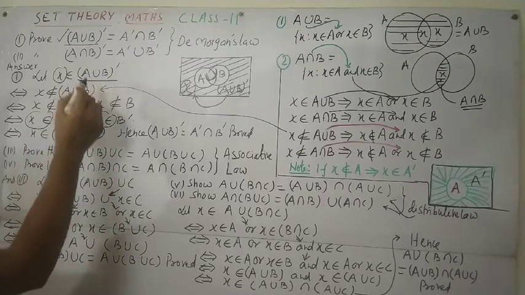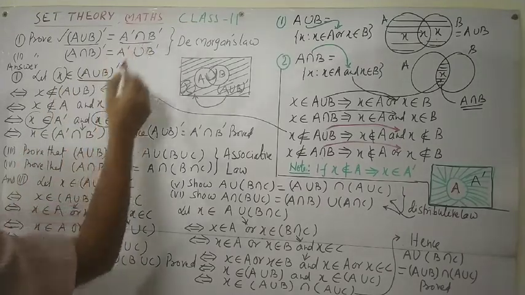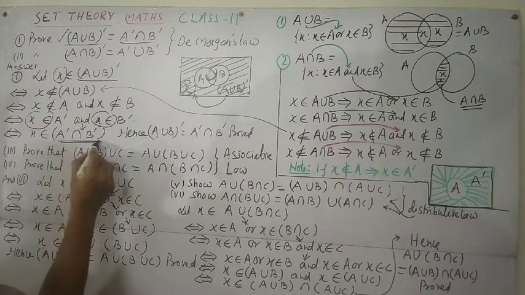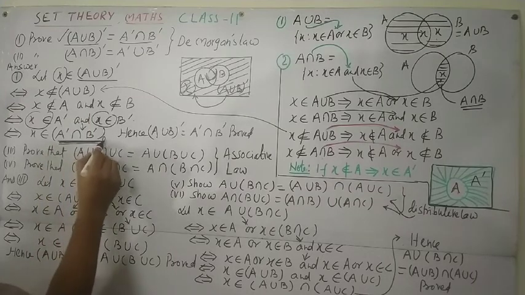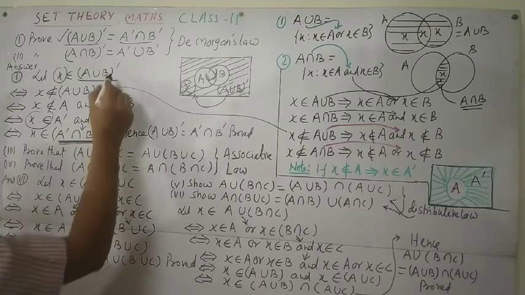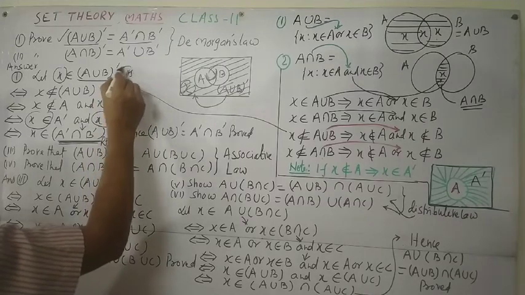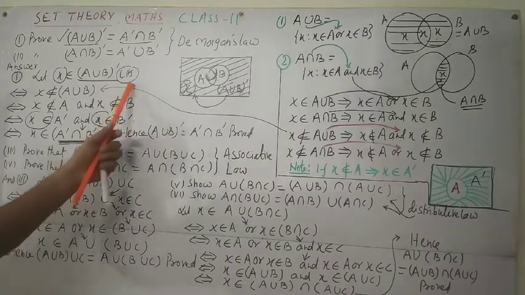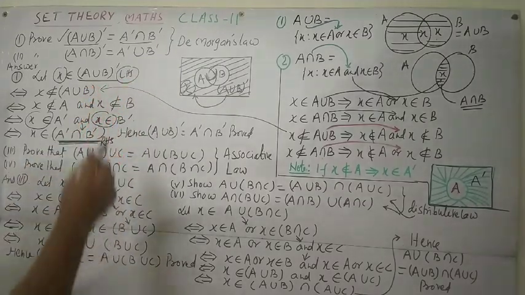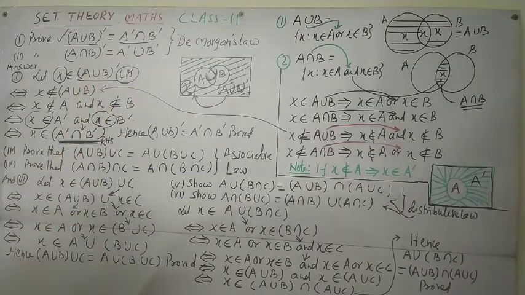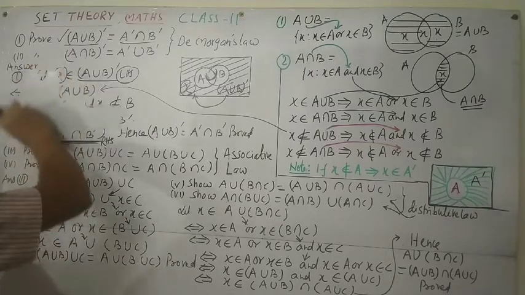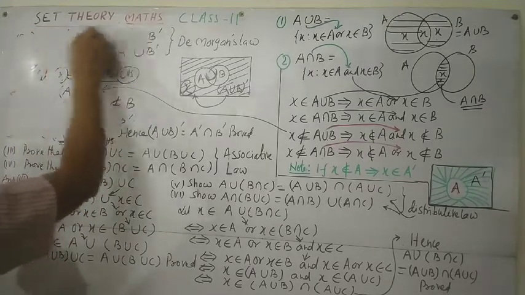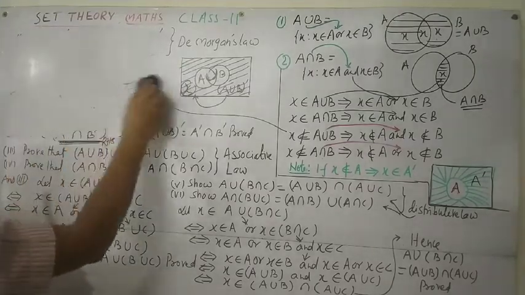So starting from LHS we got RHS. Just see the process. This is your RHS and this is your LHS. So you have started from LHS and you have got RHS. Hence finally this is equal to this. The first is proved. Now the second problem. There are two problems in the first part, so similarly the second can be done.